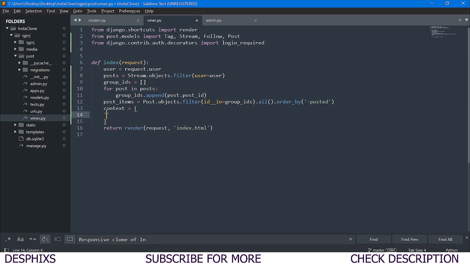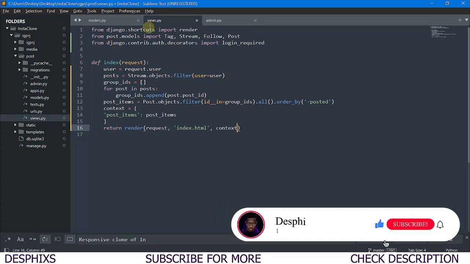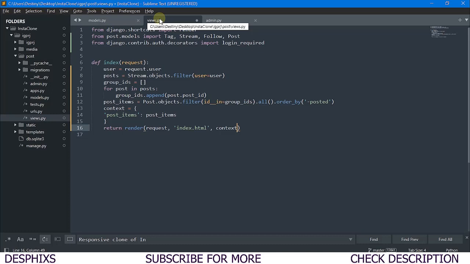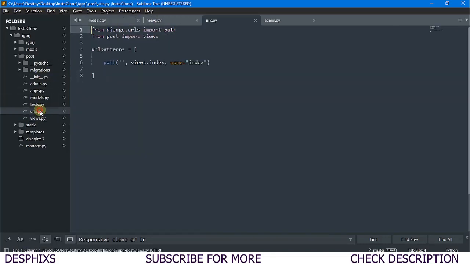Now what I want to say over here is post underscore items should go to post underscore items. Then over here like this, I'm going to pass in context just like that. Okay, so with this now we can access this in our template. Hopefully you understand. And I think that should be it. We already have the URL that's locating the index. You remember, if I come over to urls.py over here, you can see we already have this URL. And the next thing we want to do is head over to our index.html.